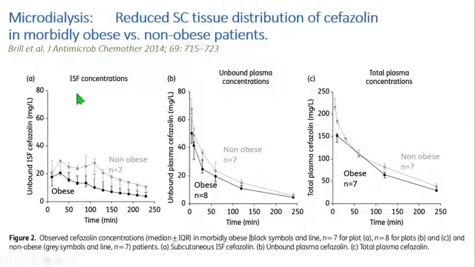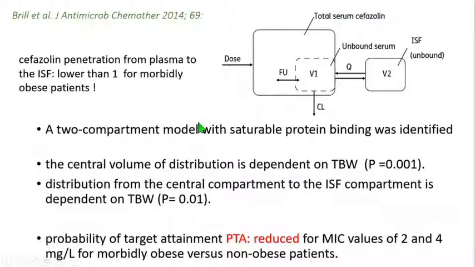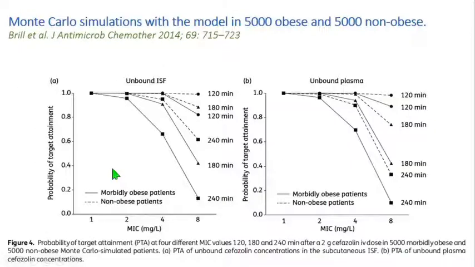This is a publication using microdialysis, and what this publication showed is that in the obese, if you compare them to the non-obese, the tissue concentration is lower in the morbidly obese patients. This study even developed a 2-compartment model, defining 2 models. And using this model, the authors performed simulations up to 5,000 obese and 5,000 non-obese, and they were able to make a graph on the probability of target attainment, and you will notice that in the